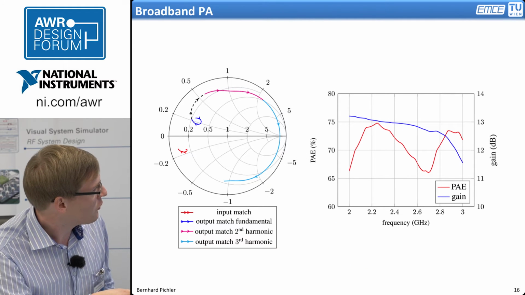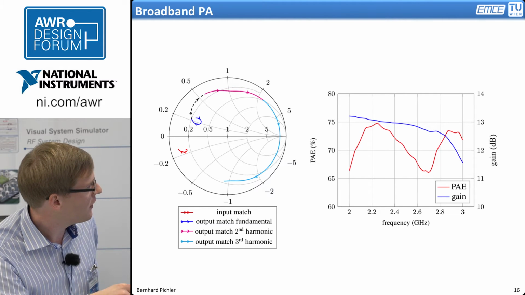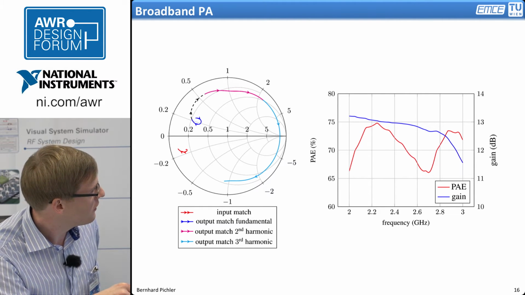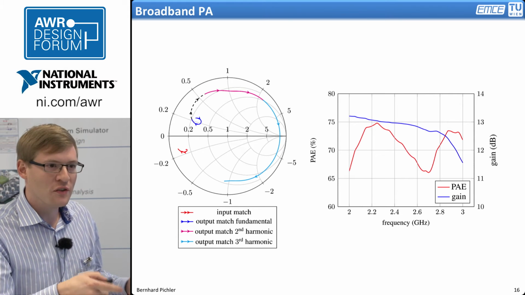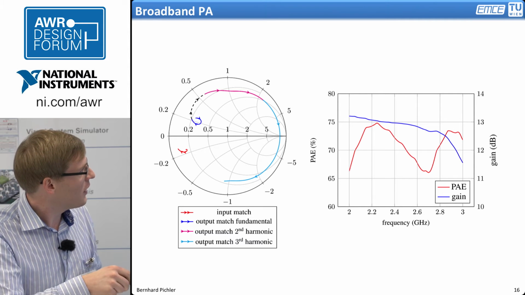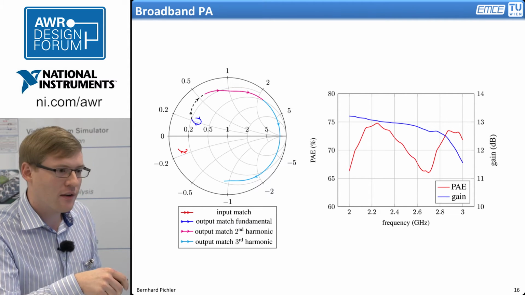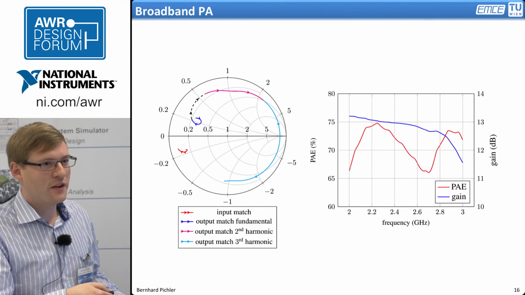And if you draw down the S22 of the input match, you can see here in the red curve, and the S11 of the output match is this here, for the fundamental frequency and harmonic frequencies. As you can see here, I didn't consider that in the first place. I only did the optimization. So again, you end up with somewhat reflective harmonic termination, so you get a more or less harmonically controlled